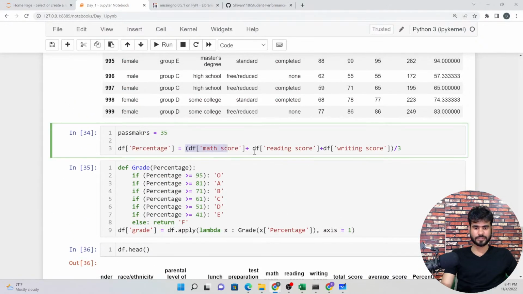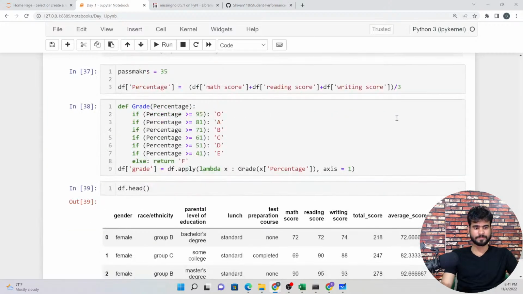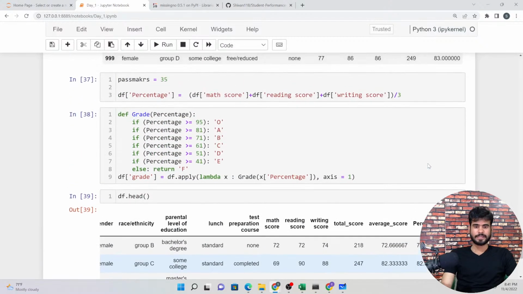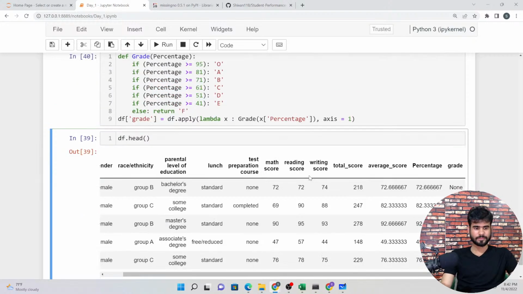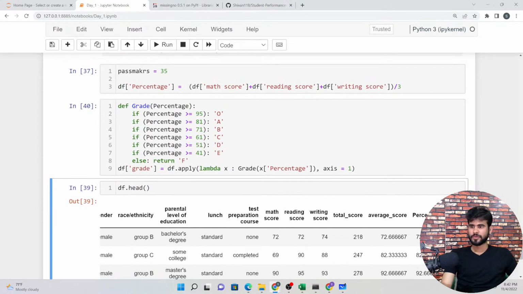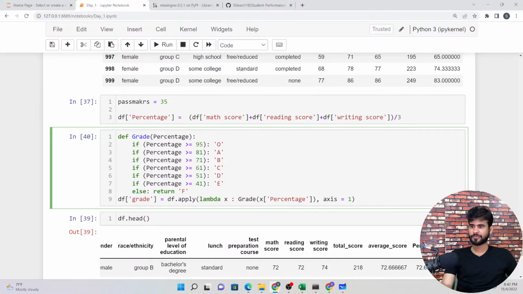So df score marks, the same thing that I have, finding the percentage wise. Fine, now let me run. None again. Grade, it looks like a spelling mistake. Where am I making the mistake? Grade, created, column, fine, return false.